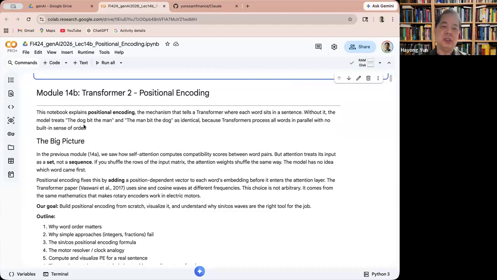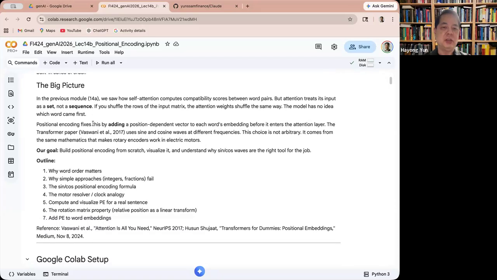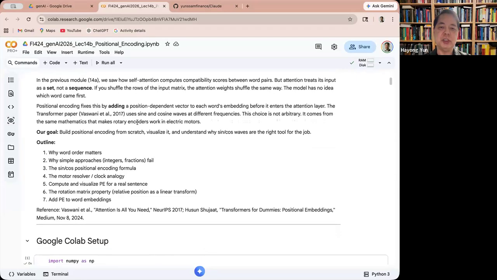Without it, "the dog bit the man" and "the man bit the dog" are identical, because transformers process all the words in parallel and have no built-in sense of order. So the big picture is that we saw self-attention and how it computes the compatibility scores between word pairs. But attention treats the input as a set, not a sequence, in that the order doesn't matter. So positional encoding fixes this by adding a position-dependent vector to each word's embedding before it enters